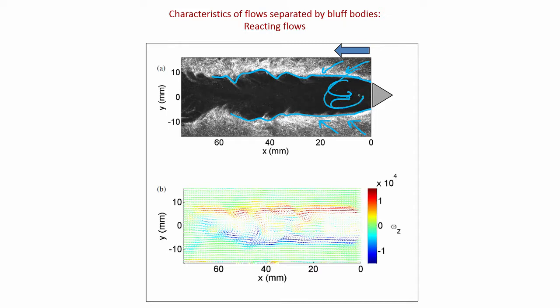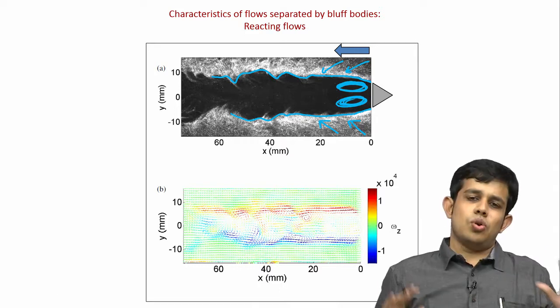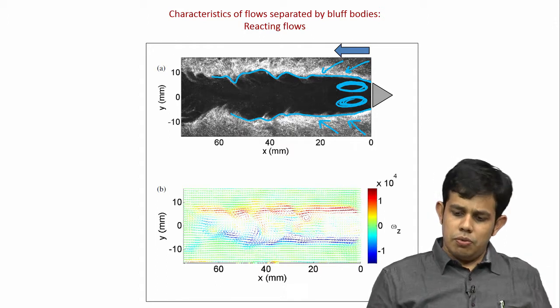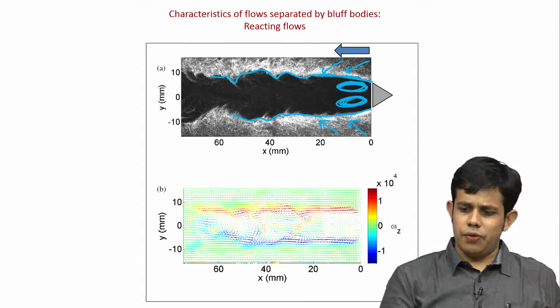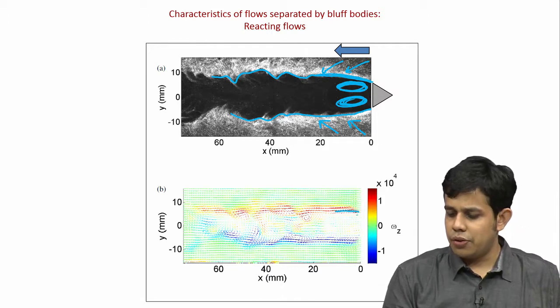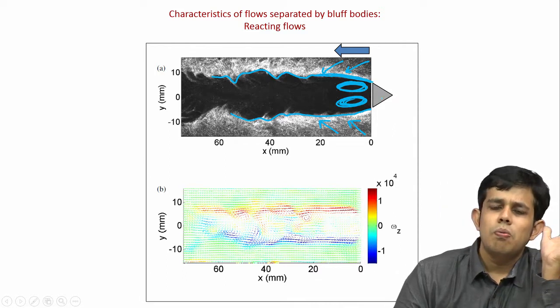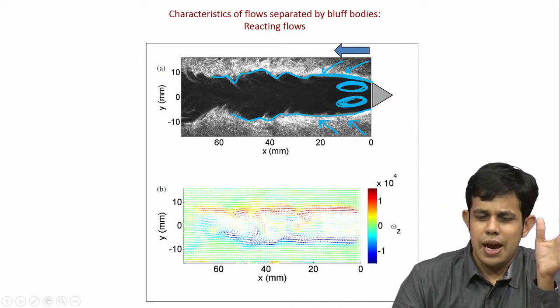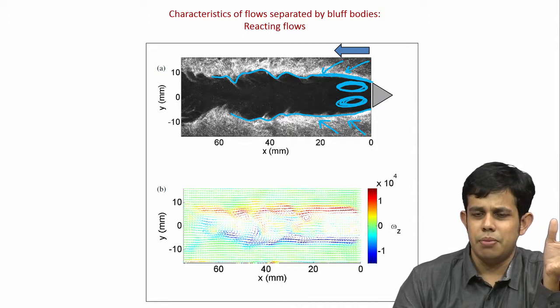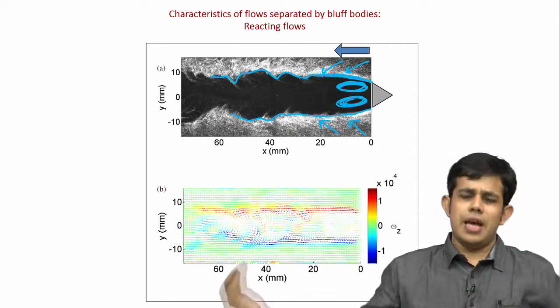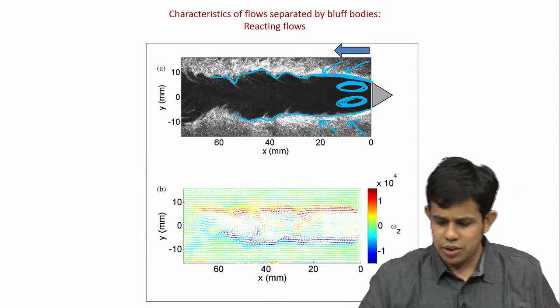So as soon as it enters into the flame, in this recirculation zone, what is recirculating like this, and what is recirculating like this, is burnt products. Okay. So for a stable flame where there is no extinction along the flames along these shear layers, as you see the shear layers are formed here, which is characterized by large values of vorticity omega z. So the flame is stabilized along shear layers, and inside the recirculation zone you only get burnt products. Okay, because the flame is continuous, anything that goes through the recirculation zone must be burnt products. But